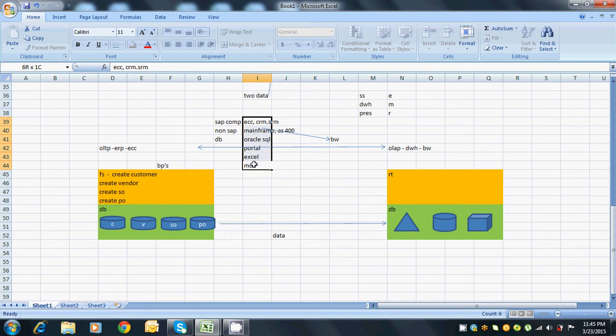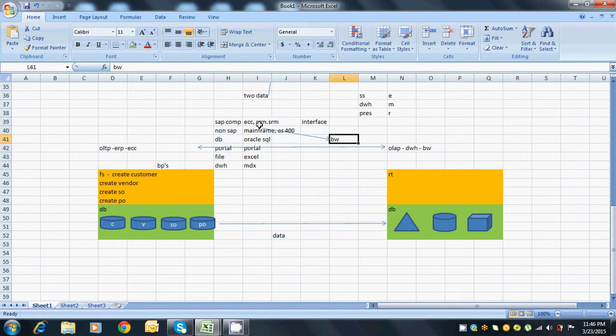Now, all these are different source system types, and this is a source system called portal based system, and Excel in the sense we can call these systems as file system, MDX systems in the sense other data warehousing systems. Now, if you want to bring the data from different systems, all these are based on the system types, we can call these as different source system types. Into the BW system, then we require an interface in the sense connectivity between different source systems and the BW